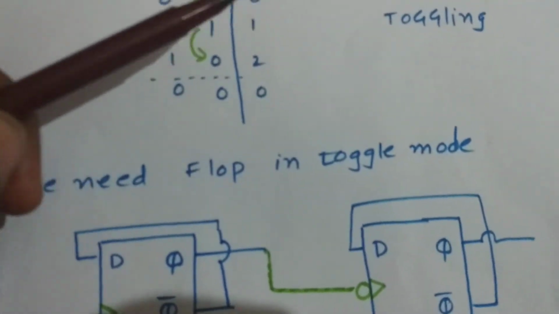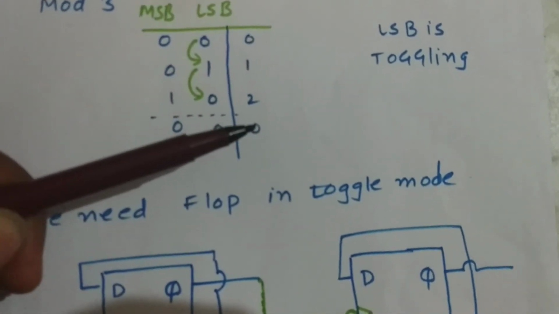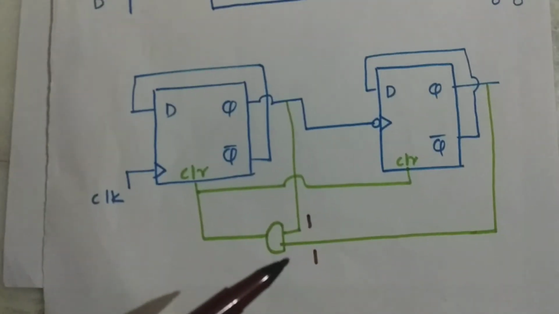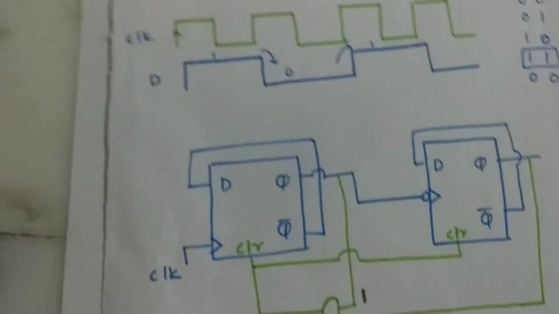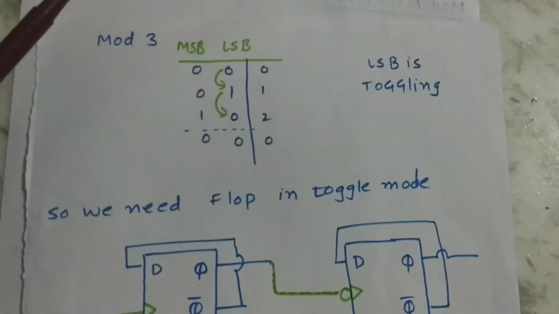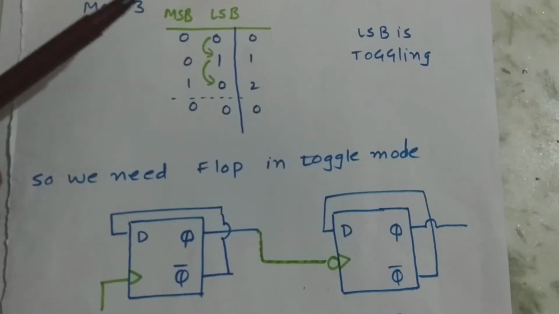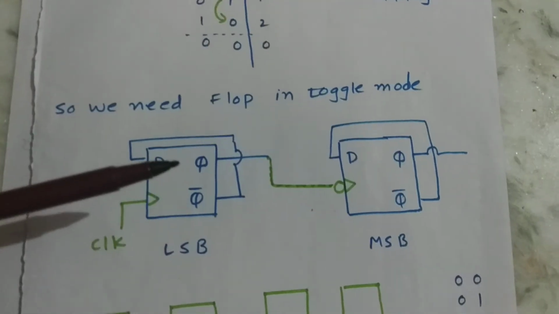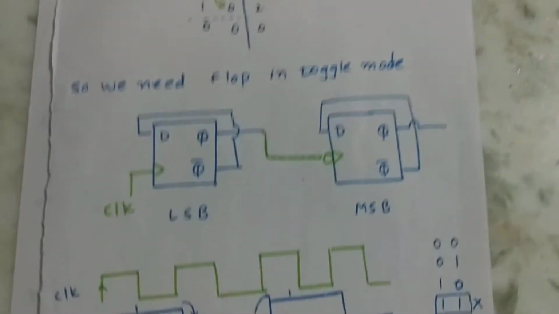So whenever we get a value of 3, we need to clear back to 0. So we need 0, 1, 2 and 0. We will not require 3. So we need to go back to 0. By using this small circuitry, we can design it. We can go for any circuitry like this. We can implement mod 5 counter, mod 6 counter, mod 7 counter, as many as you want, using the same principle of toggling. Understand this one. I hope you understood it, because it's so important for clock divided by 3 or clock divided